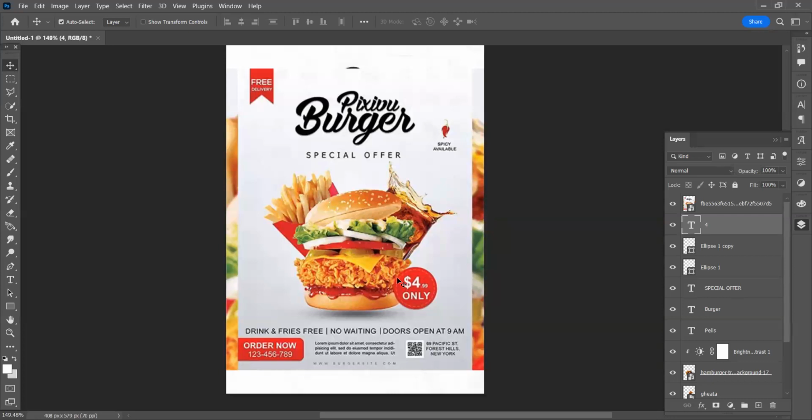This particular person must have engaged the designer: please, I want to promote my burger, right? These are the information that should be on it, given to the designer, and this is what the designer came up with at the end of the day. And that is what we are replicating tonight. If you look at this now, almost every principle that we talked about in terms of emphasis, in terms of contrast, in terms of unity, we see everything working together.